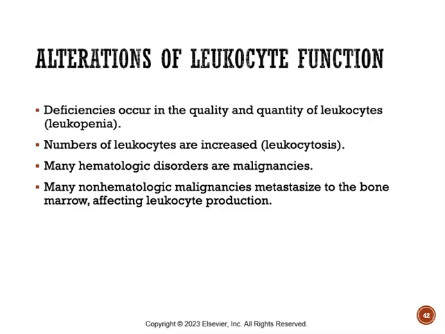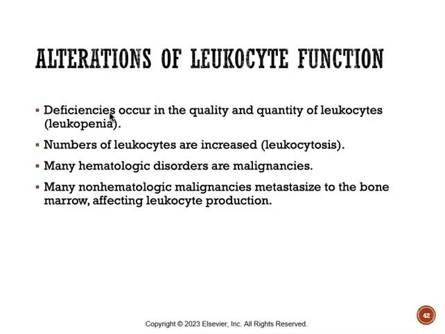Hello and welcome to your Chapter 29 lecture continued, where we are going to talk about alterations of our leukocytes. Our immune system really relies on our leukocytes, or white blood cells, to fight infections and keep us healthy, of course. But what is really going to happen when their functions become altered? When we have a deficiency in the number and the quality of our leukocytes, that's going to be known as leukopenia. It weakens our body's defenses and makes infections a little bit more likely.